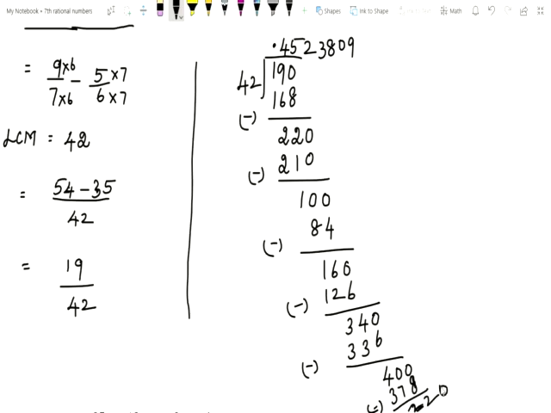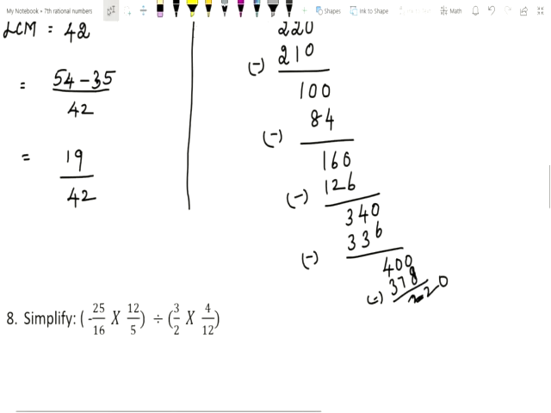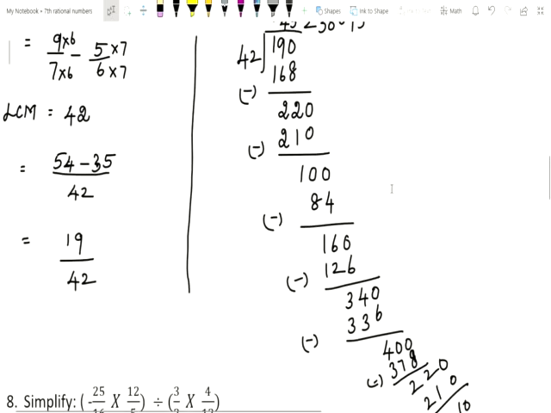So just add 1 0. Now it becomes 220. How many times does it occur? 5 times. Okay. So 5 times what will you get, children? 5 into 42. Okay. So 5 2s are 10, 0 remaining 1. 5 4s are 20, 20 plus 1, 21. Now you subtract this, what will you get? 10. You see here, we already got this number 220. So after that the same steps will repeat. So you can start the division.